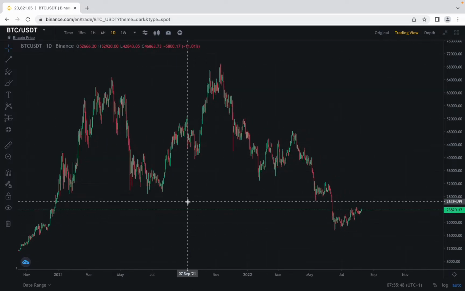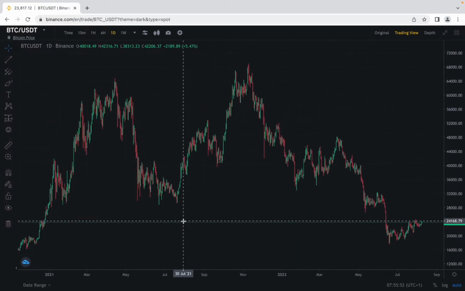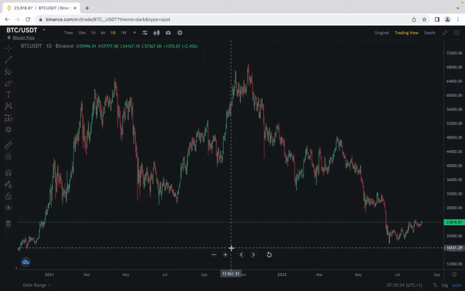I zoom out a little bit. I'm still having that 2021. I'm still having it, right? So it's okay like this. So the first thing we have to do is what? To zoom out, which I've actually done. The next thing is to